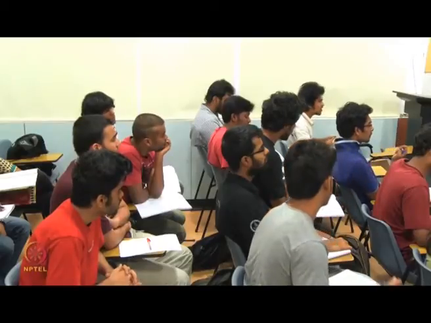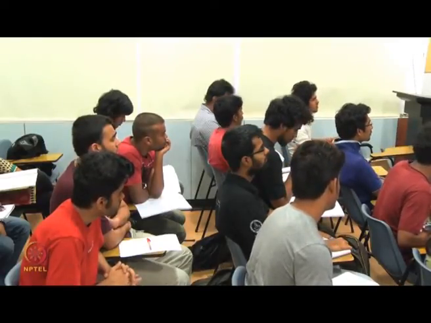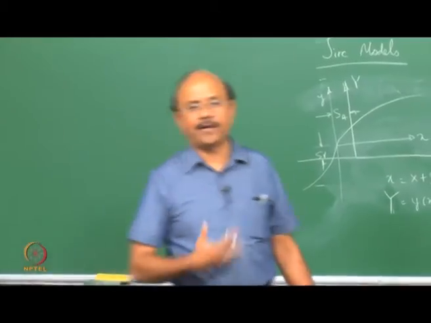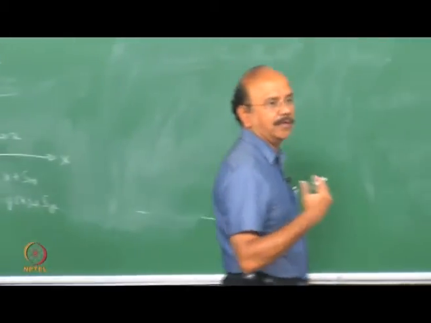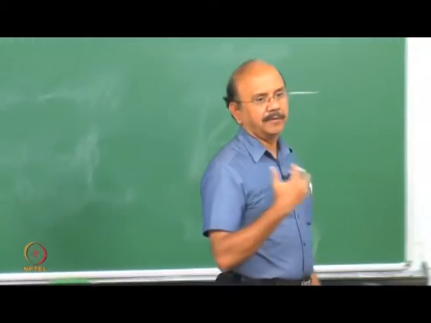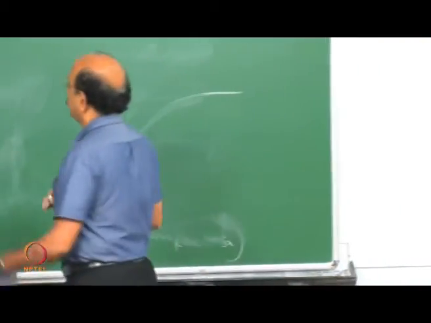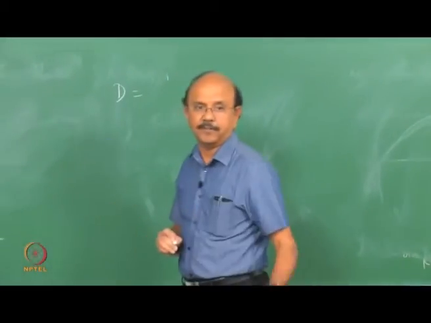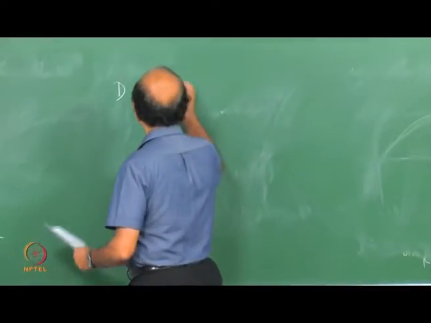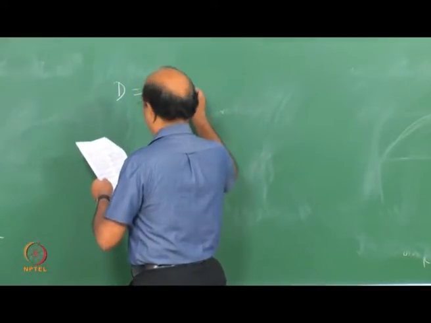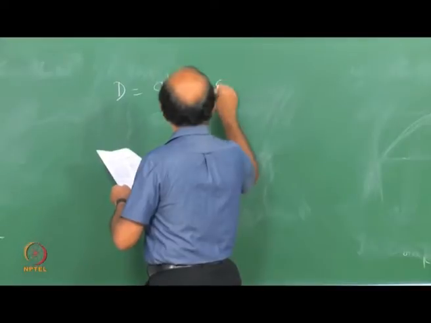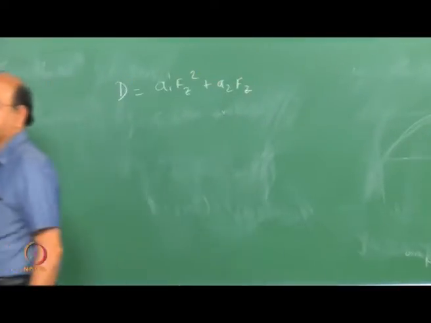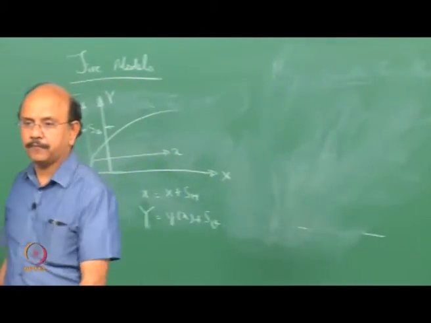Why are we interested only in kappa and slip angle? Of course, these are the parameters ultimately I'm finding out. Ultimately, we are going to find out what is kappa, what is the slip, and so on. Now, what am I doing? I'm faced with repeated questions on Fz. So I'm going to write this as a quadratic equation: A1 Fz squared plus A2 Fz.